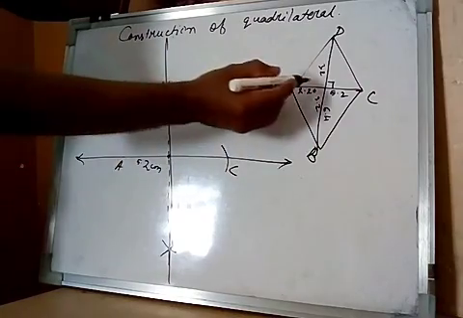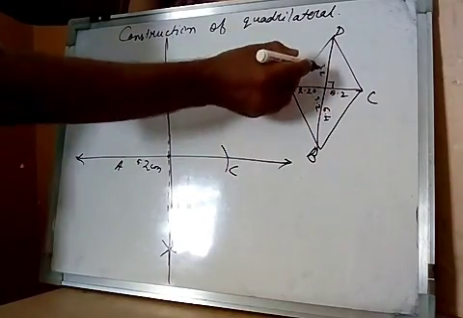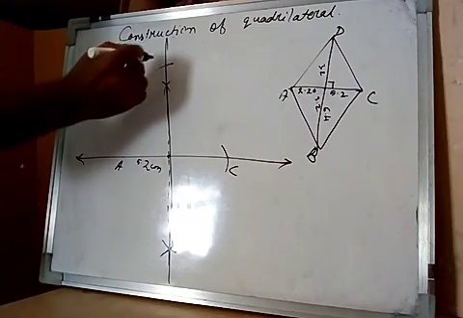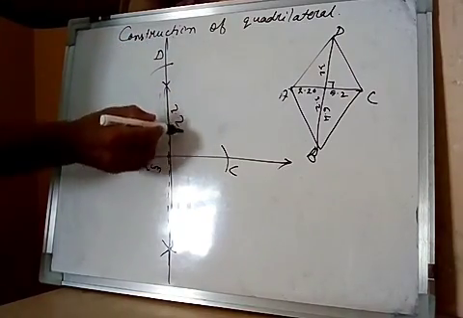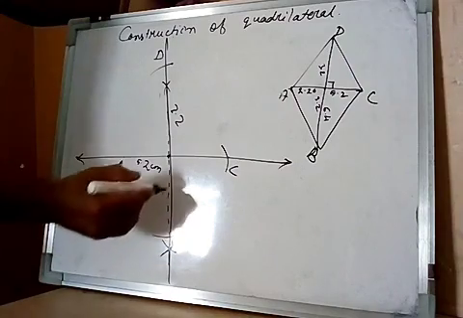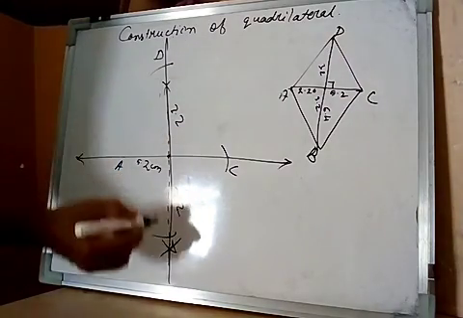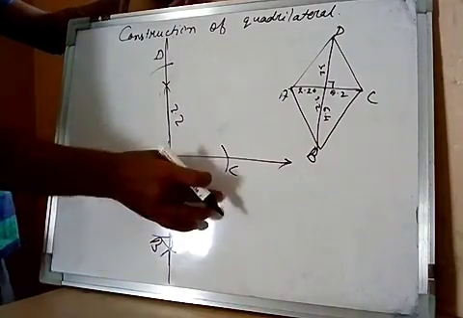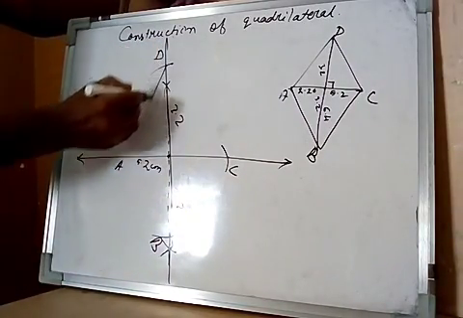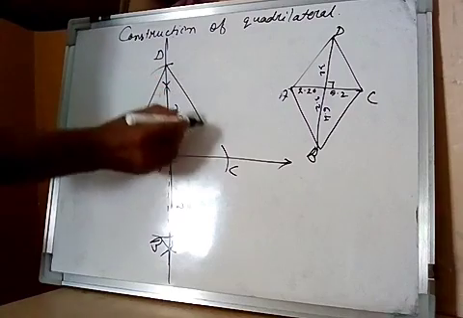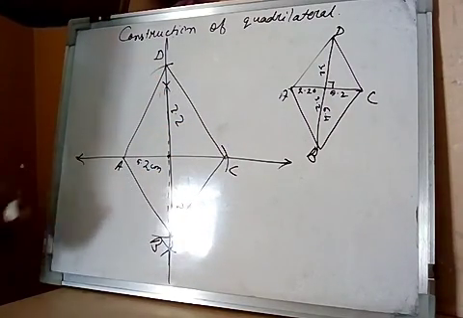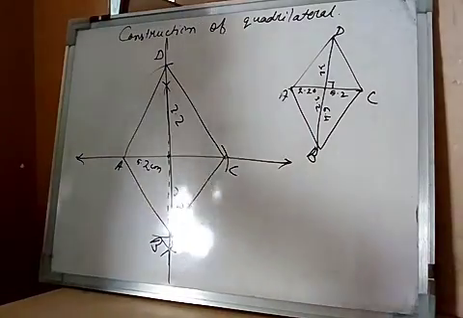Now here from this point upside, D point will be 3.2. So you have to take by compass, this one is D, 3.2, below 3.2. Now this point will be what? B. So we got A, B, C, D. You have to join it now. This is what, the given quadrilateral.